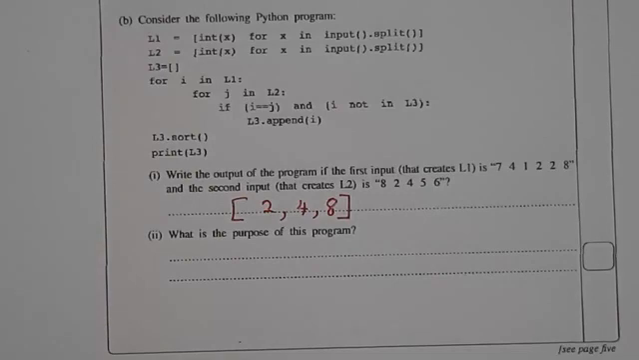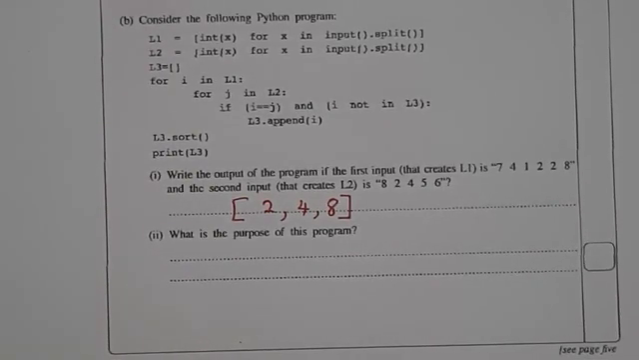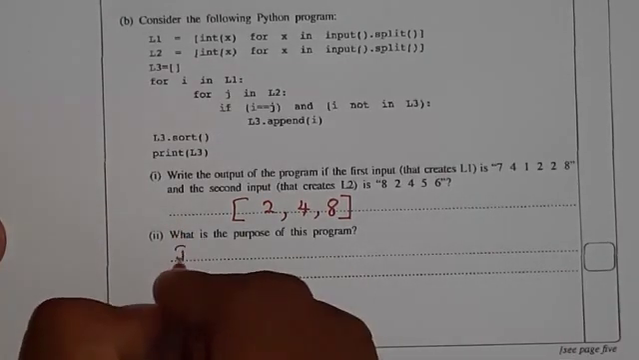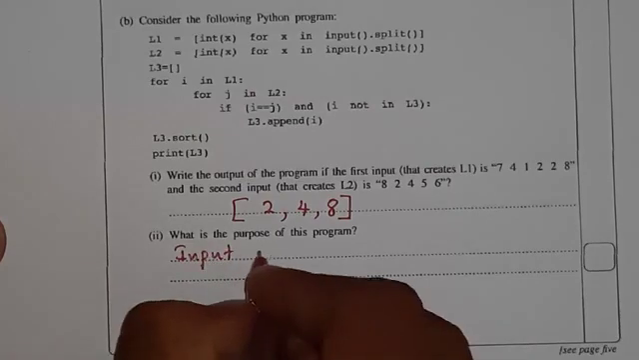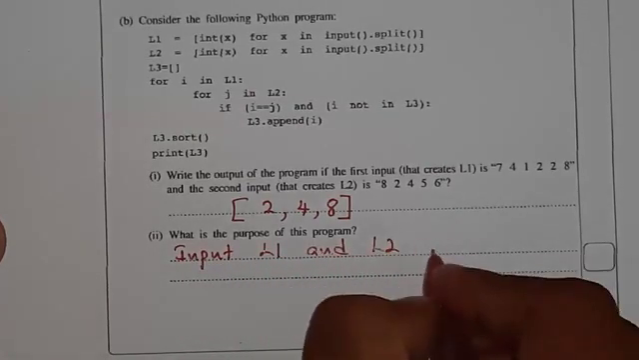What is the purpose of this program? The purpose can be written as: input L1 and L2 integer lists